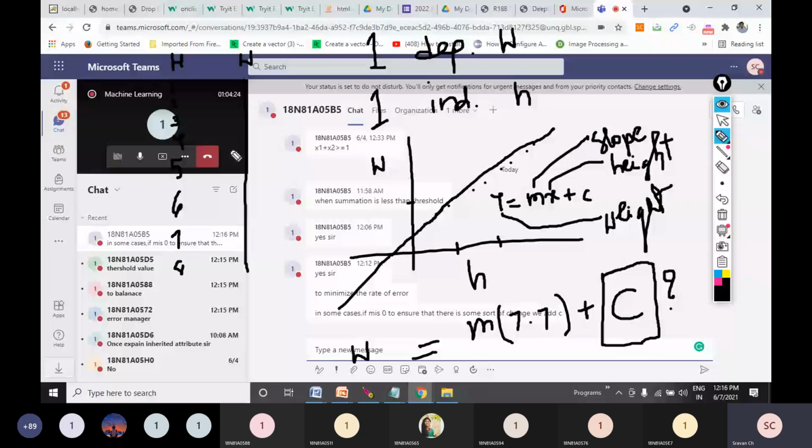So shall I answer, or will people still try because the offer is too big? Wait, sir. Don't Google it. You will not get the answer. You don't Google it because my question is a very straightforward question, but you don't get it on Google. And for such questions this much big offer will not be given. You know that. So I am not going to give such a big offer for answers which you can easily get on Google.